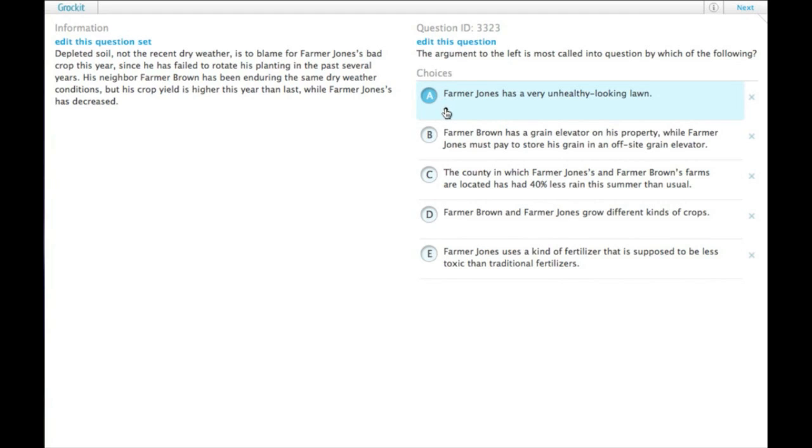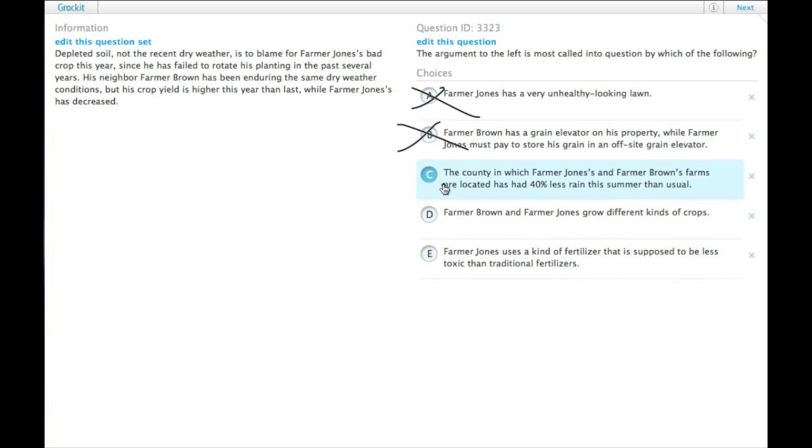So A, Farmer Jones has a very unhealthy looking lawn. Well, if there's been dry weather, that seems plausible, and people don't actually do crop rotation on their lawn, so that's outside the scope. B, Farmer Brown has a grain elevator on his property, while Farmer Jones must pay to store his grain in an off-site grain elevator. Well, they both have grain elevators, and so this shouldn't affect the quality of the crops. Clearly, Farmer Jones has to pay extra money, but we're not talking about revenue, we're talking about crop yield, so